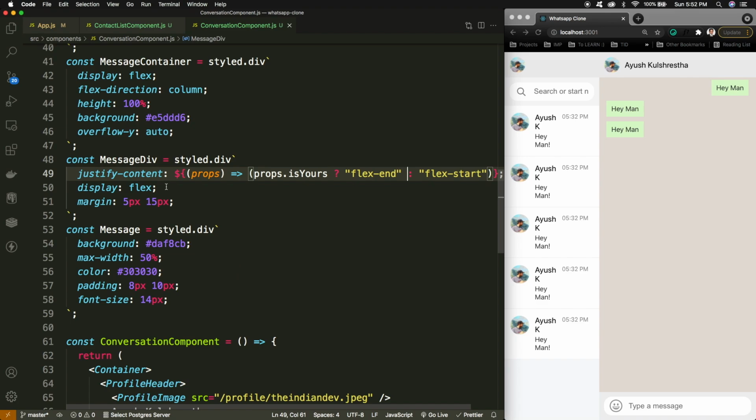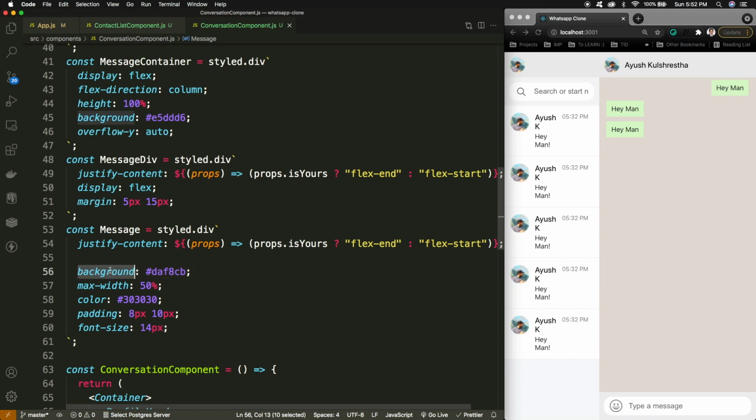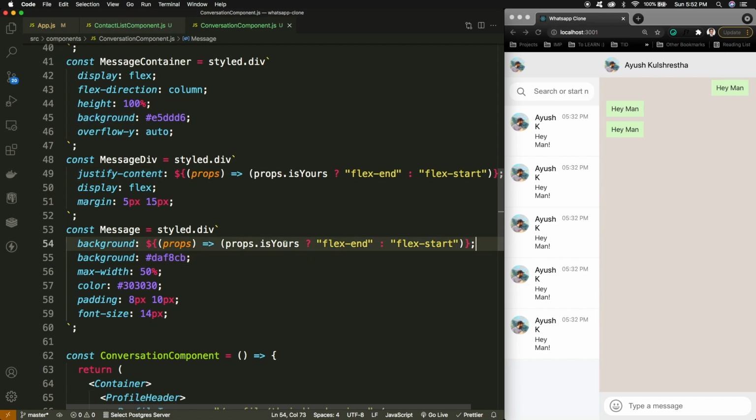Similarly, inside the message for the background part I'll be using the same approach. If it's yours, then the background color will be like this, otherwise the background color is going to be white.